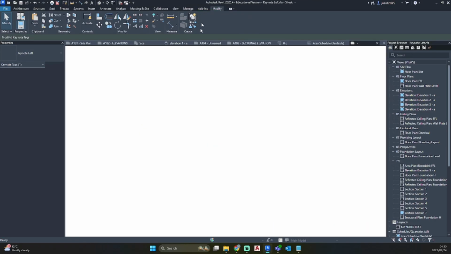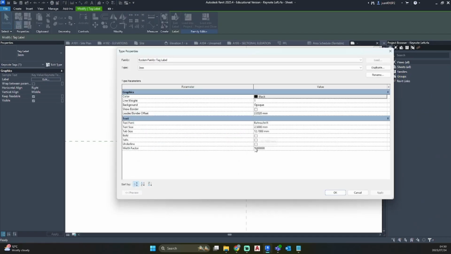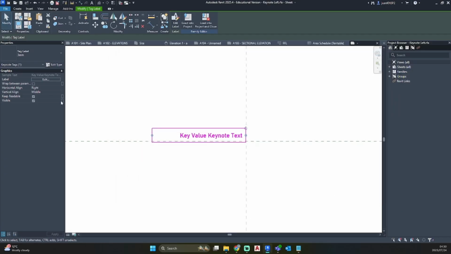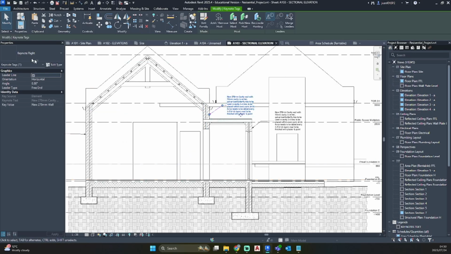Just want to see keynote value. Am I using the correct one at the moment?